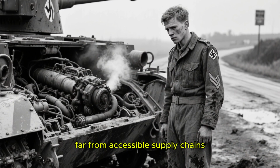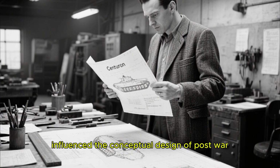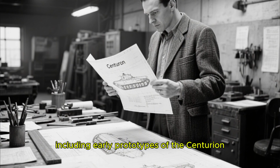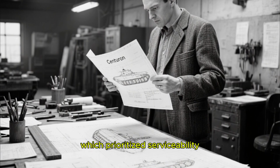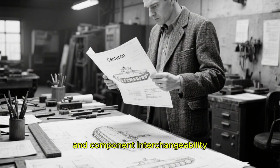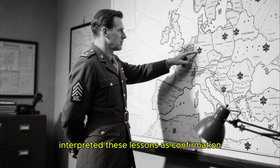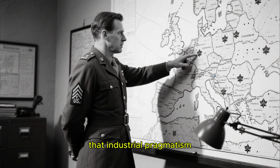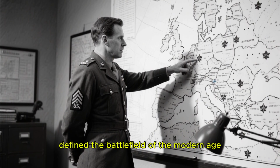accessible supply chains. This realization influenced the conceptual design of post-war British armor, including early prototypes of the Centurion, which prioritized serviceability and component interchangeability. Allied strategists interpreted these lessons as confirmation that industrial pragmatism, rather than mechanical perfection, defined the battlefield of the modern